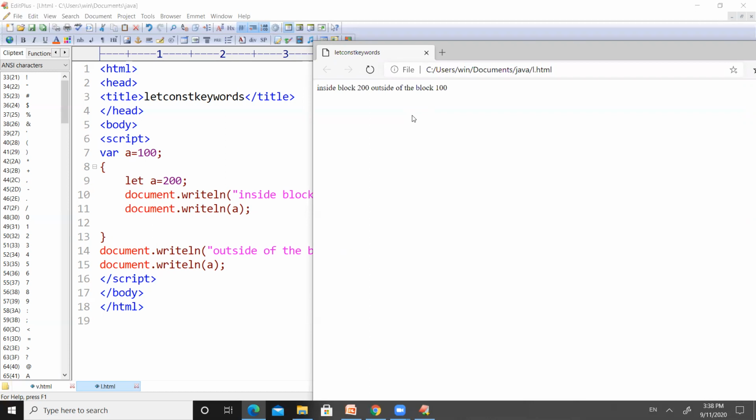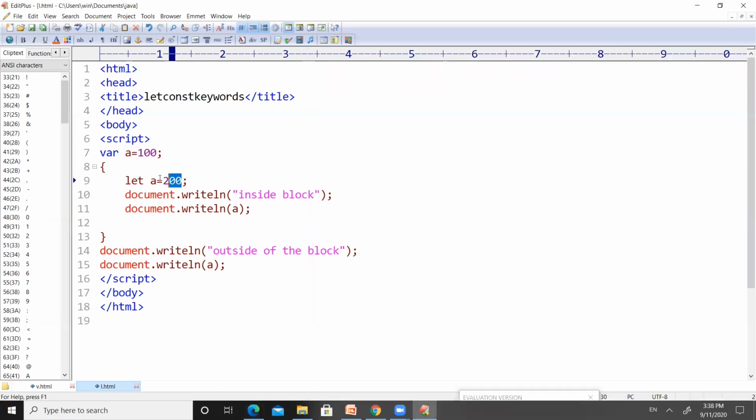But when we define the same variable with let keyword, we are getting the output as 200 and 100, because the scope of this variable will be from this particular starting brace to this ending brace, because the variable was defined with the let keyword, and that is the meaning of block scoped. That is the meaning of block scope.